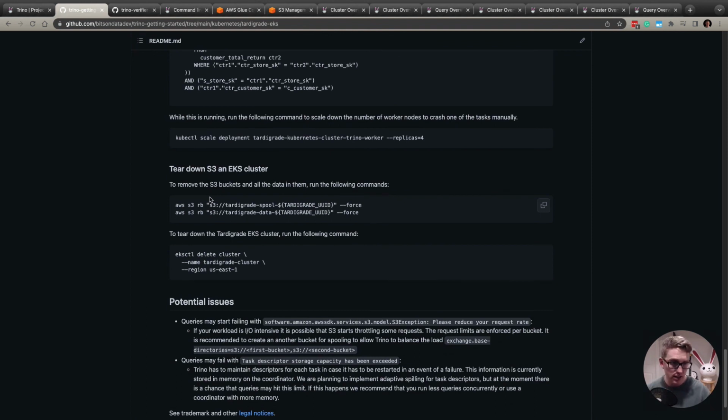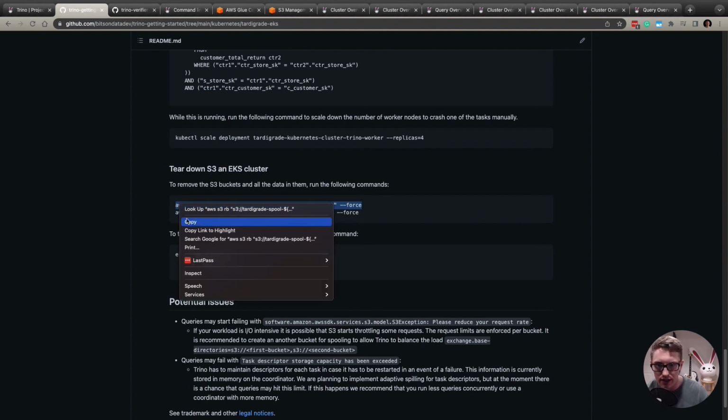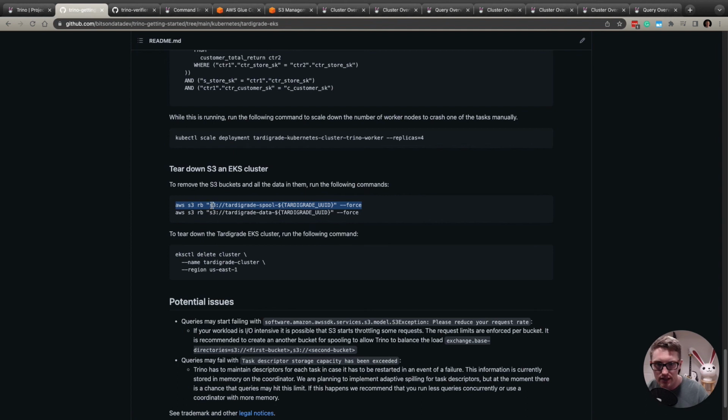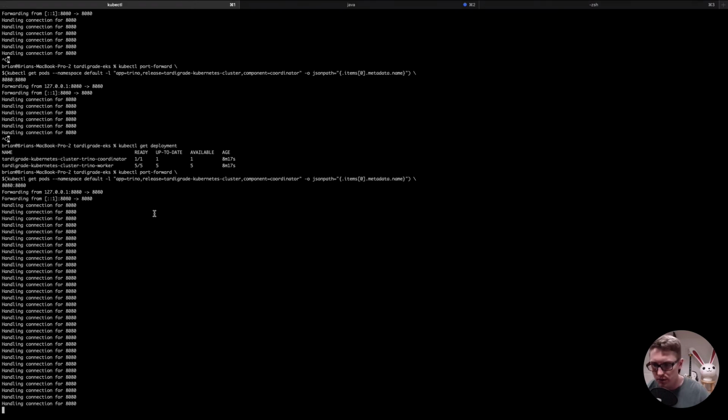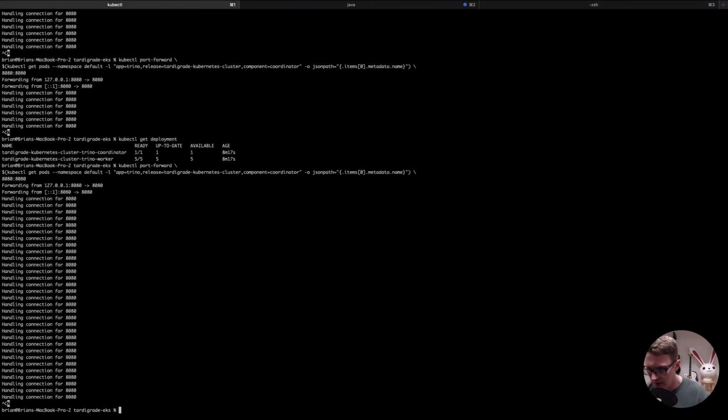Okay, so let's talk about teardown now, just to make sure that you're not going to get charged a whole bunch of money for keeping all this infrastructure up. So first things first, let's go ahead and tear down the existing... here we go. Actually, we're going to take this down. Let's take down the existing